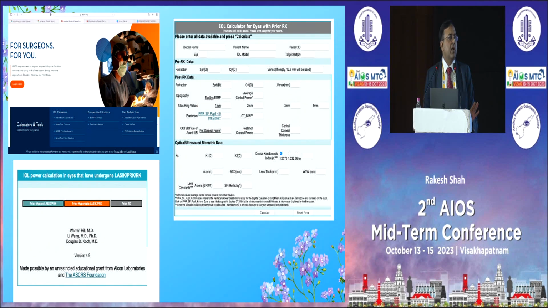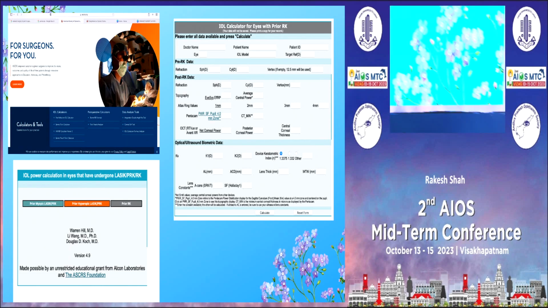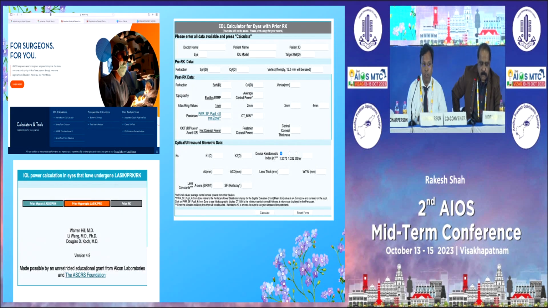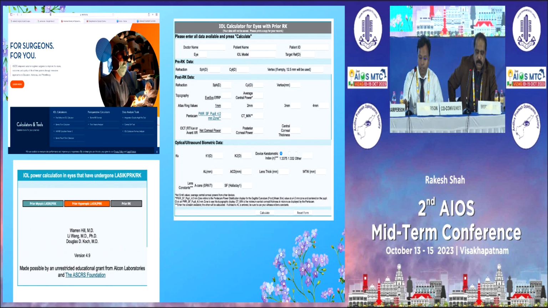Luckily I don't always try for almost emmetropia. For me it is always -0.5, -1 to 1.5, which comes to almost 0.5 myopic. Yeah, most people are using the Barrett True K, isn't it? Yeah, True K. In Lenstar there is Barrett True K and Shammas, you told me. Shammas over here. So you can check that. You can check the variability, and if there is any, you can take the average and you can take the help of ASCRS.